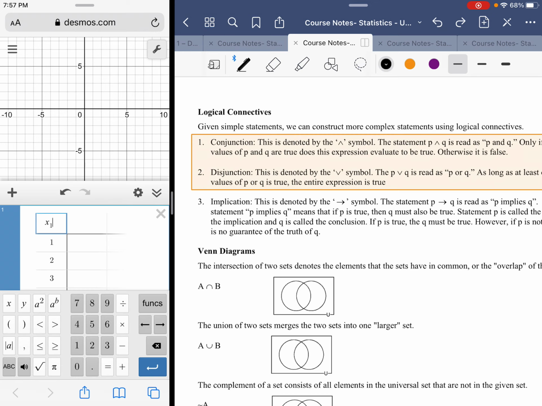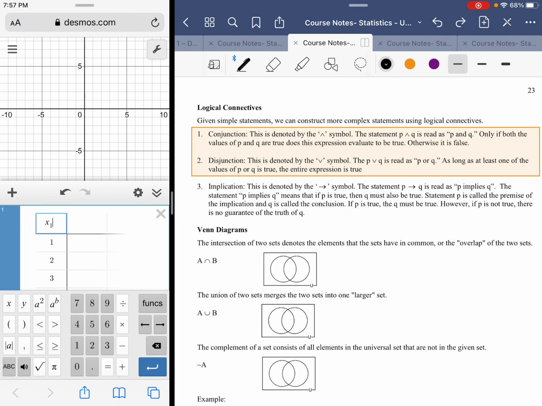If you have a symbolic form of P ∧ Q, that's read as P and Q. The important piece is the condition here. Only if both the values of P and Q are true does this expression evaluate to be true. All right, so both parts of the sentence need to be true